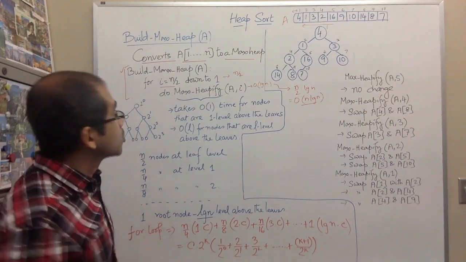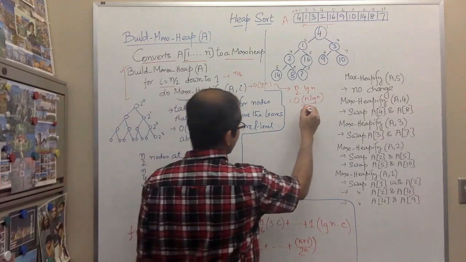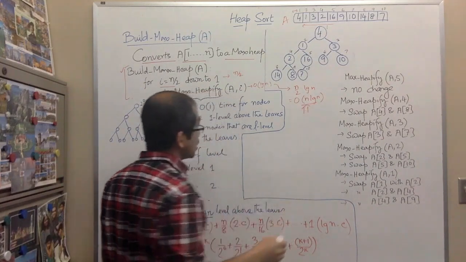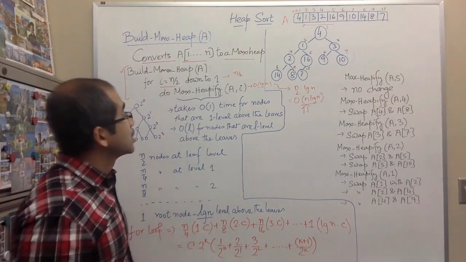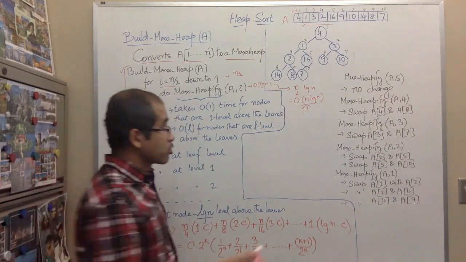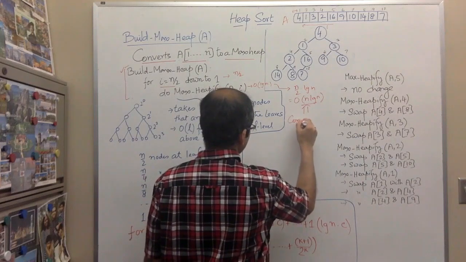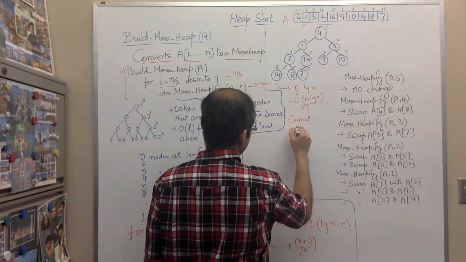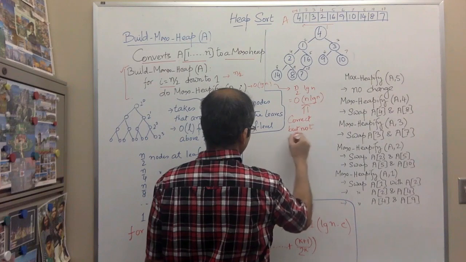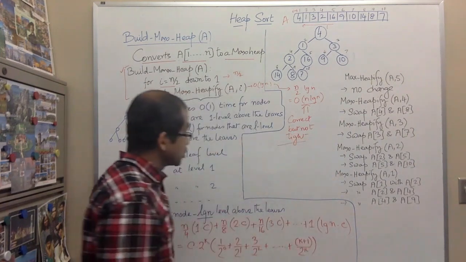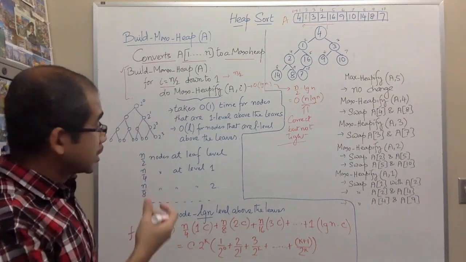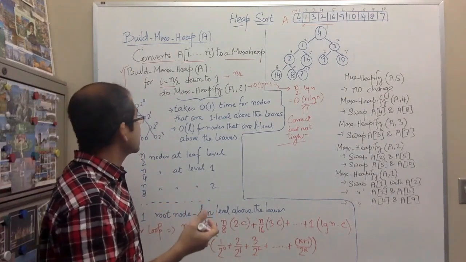So this is a correct complexity for the time taken by the build max heap algorithm. But this is not a tight bound. It is correct, but not tight. It is an n times log n operation, but it is not tight, because we can see that